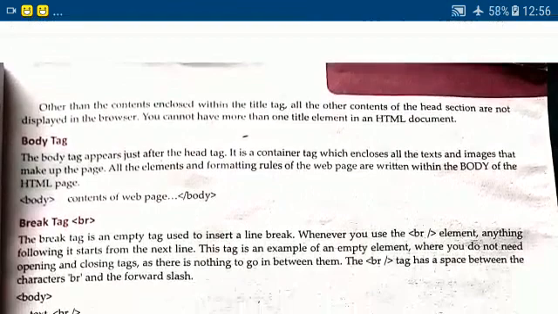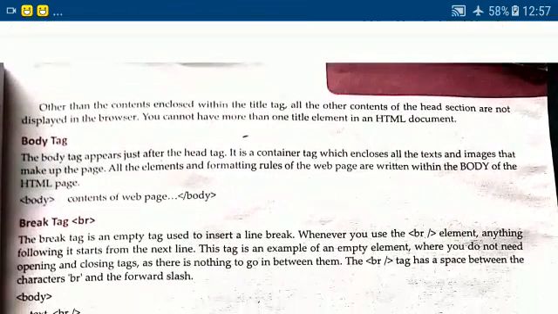All the elements and formatting rules of the web page are written within the body of the HTML page. So this is also a container tag because the starting and ending tag is there, or you can say the opening and closing tag. So the body opening tag is given, the contents of the web page you will write inside the body, and the ending tag is the slash body tag.